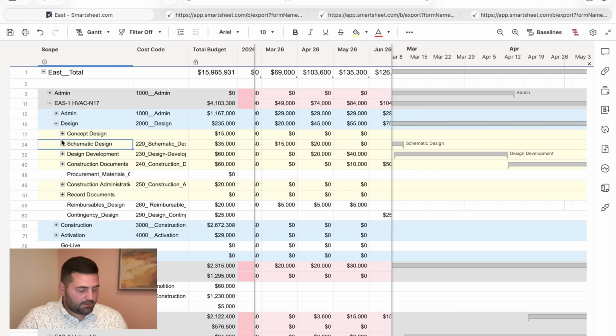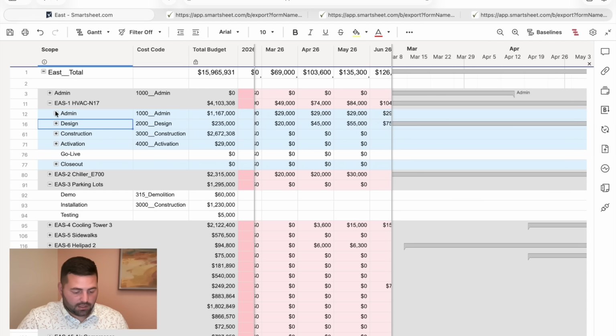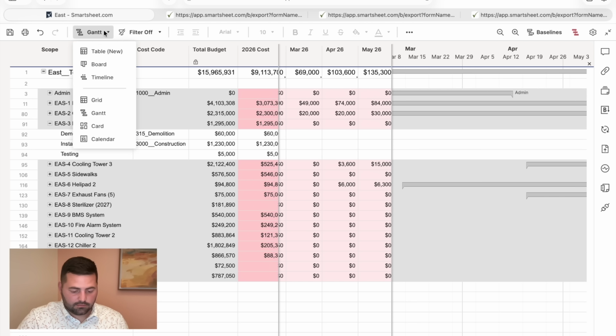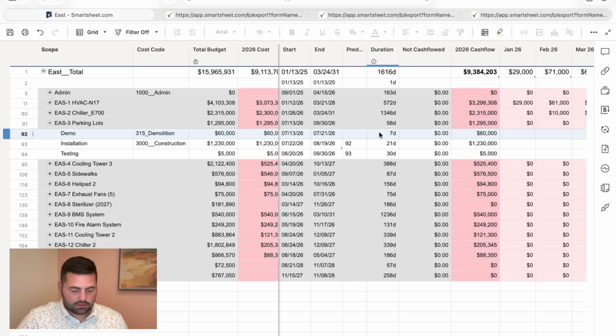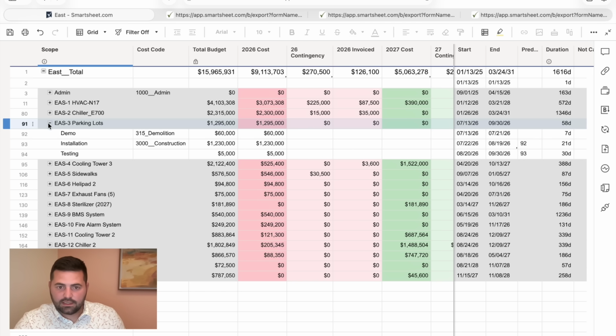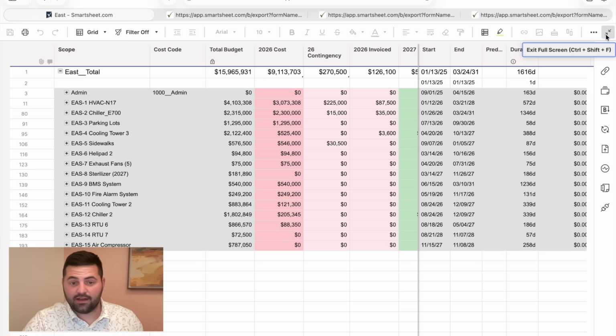And really be able to track things in a modular way. And then I can go back, if I need more screen real estate, to my grid. I can really adjust these columns and rows and the parent-child relationship to what's needed and what's best for the project. Okay, so you've seen how you can manage one project in SmartSheet,